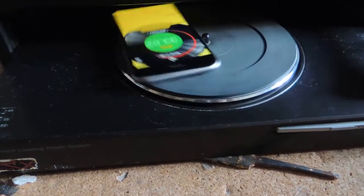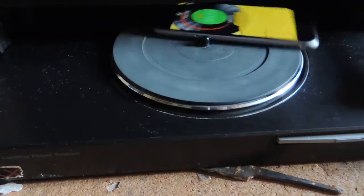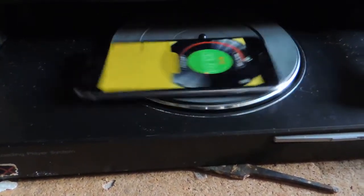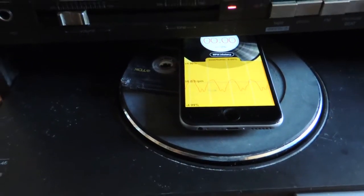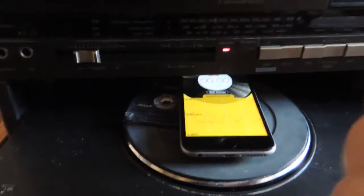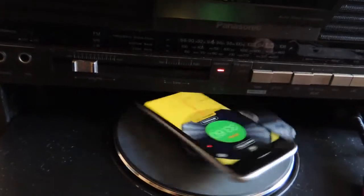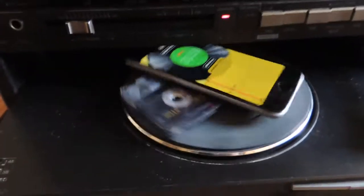Now obviously it's not perfectly accurate because, as you can see, I have an iPhone sat to one side of the deck, which is not ideal. So that's putting a bit of weight on one side more than others. So what I'm going to try, as you can see, I've just put an audio cassette on just to put a flat bit over the shaft, so the phone's now more in the middle of the deck. Now again, it's still not perfect because we have got extra weight there and the tape and what have you, but